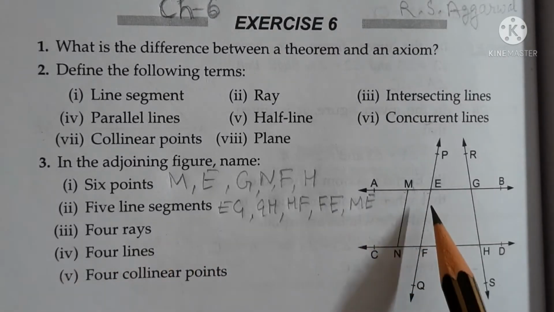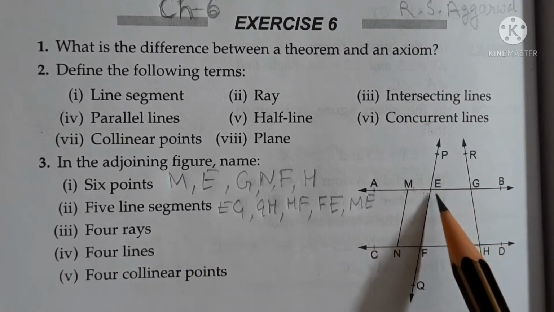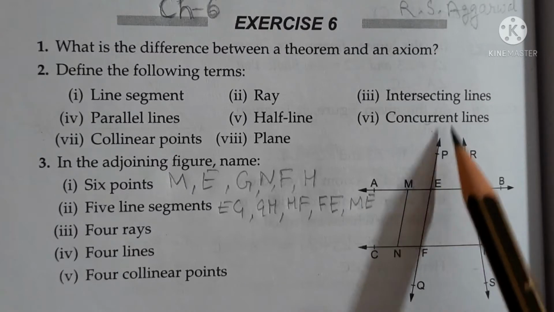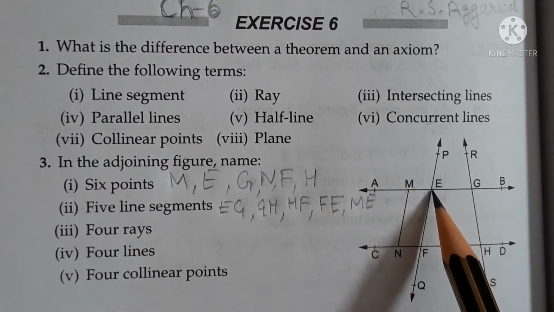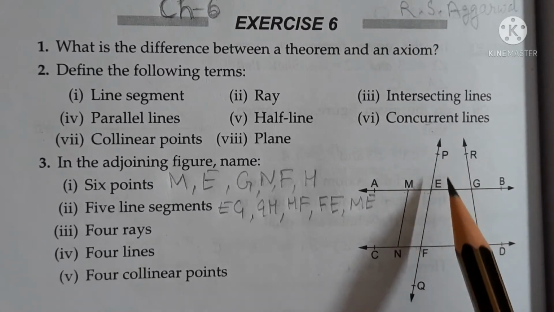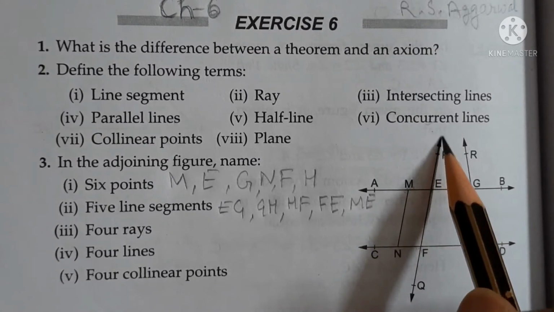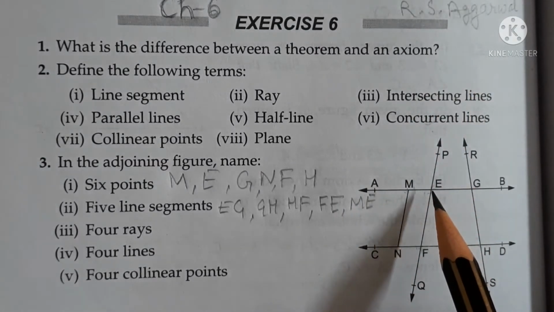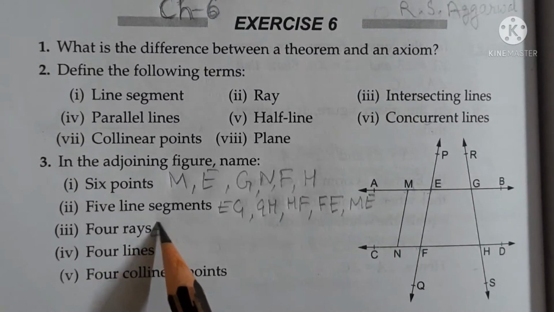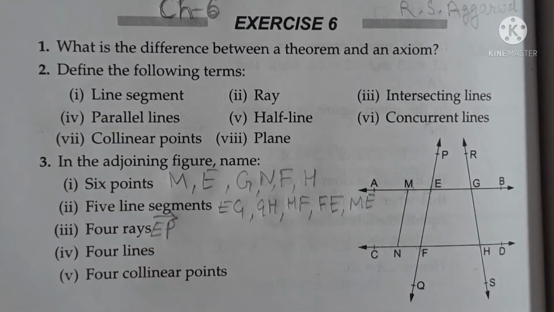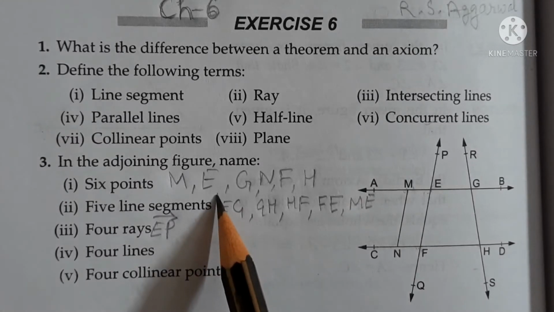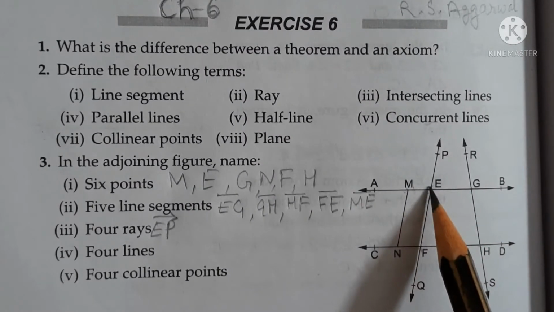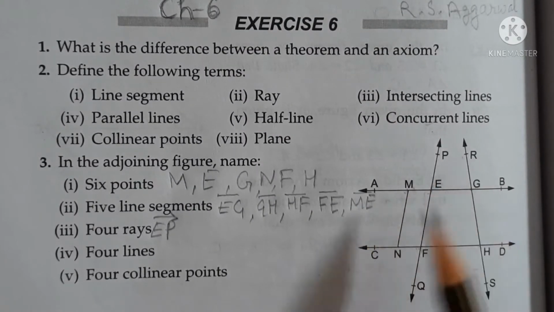4 rays. A ray starts from one point and extends in any one direction. So take, suppose EP is one ray. It started from E and extends endlessly in one direction. So write here EP and mark it like this. For a line segment, only put the mark like this. And one more ray, GR,